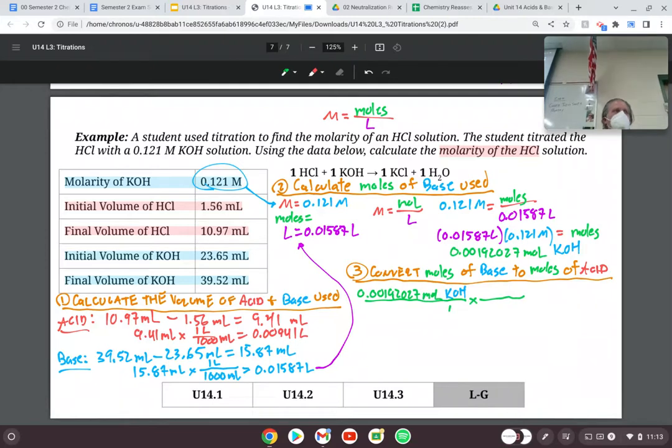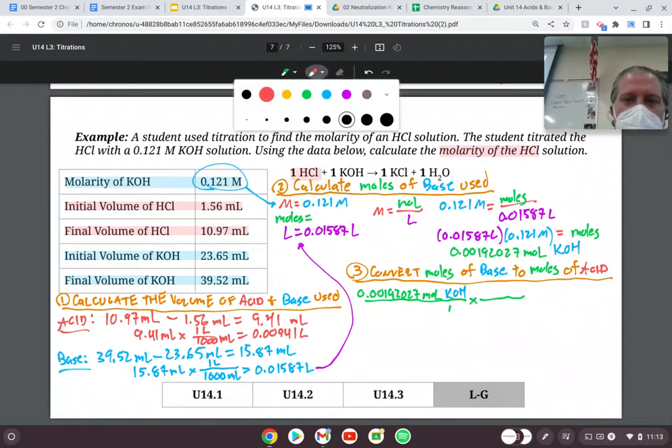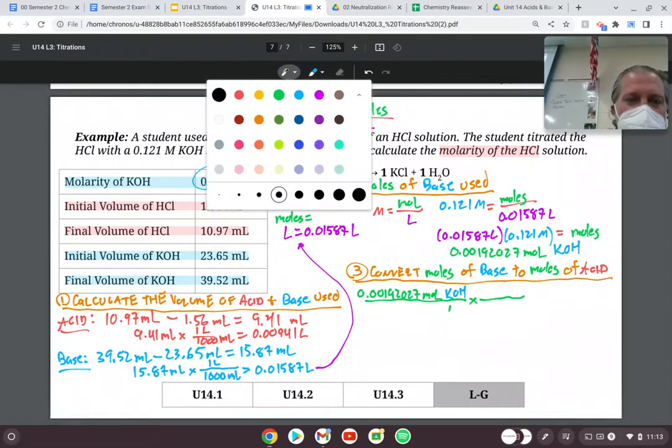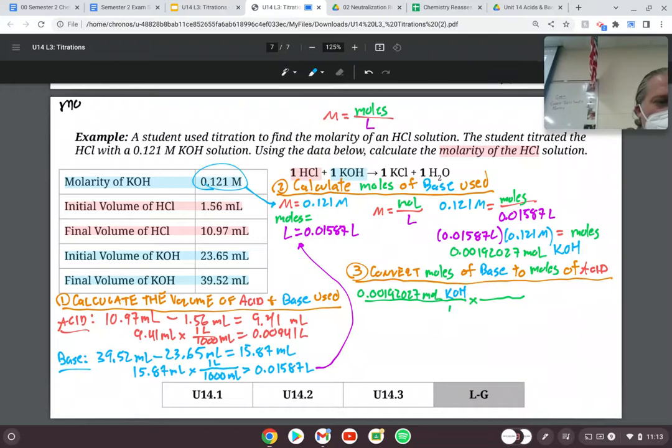And when we go mole to mole in a stoichiometry problem, what do we need to know, find, or calculate? Or what do we need to use? We need to use the mole ratio. So in this case, we have our acid up here in our balanced chemical equation, and we have our base up here in our balanced chemical equation. So if I was going to identify my mole ratio,